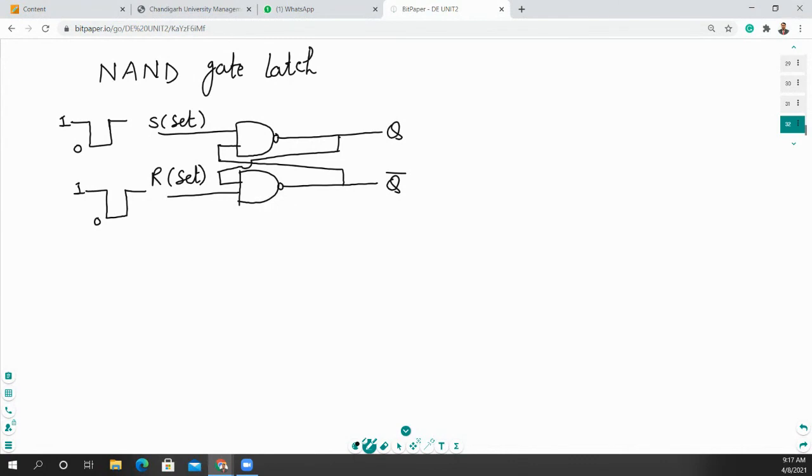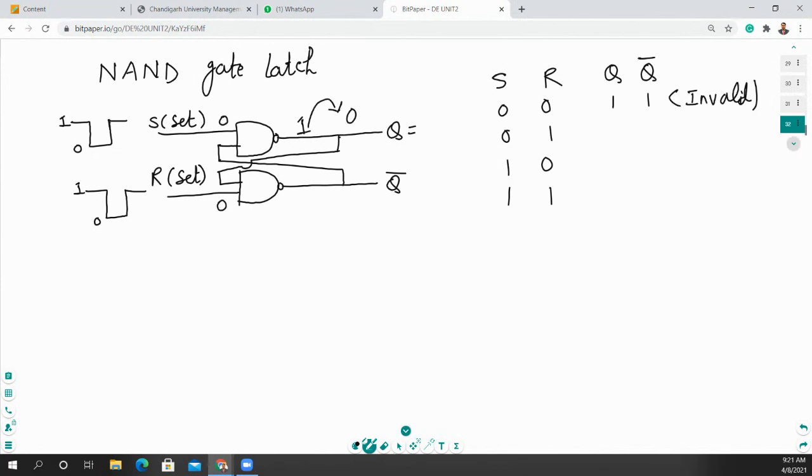Okay, so we will draw a truth table for this particular NAND gate. So quickly give your response how we can draw the output. There are two inputs right here. So how many possible combinations should be there? One input is S, another input is R. So how many? Yes, four possible combinations should be there. So we will start with 0 0, 0 1, 1 0, and 1 1. These are the four possible combinations, and you will get output Q and Q bar, of valid type.